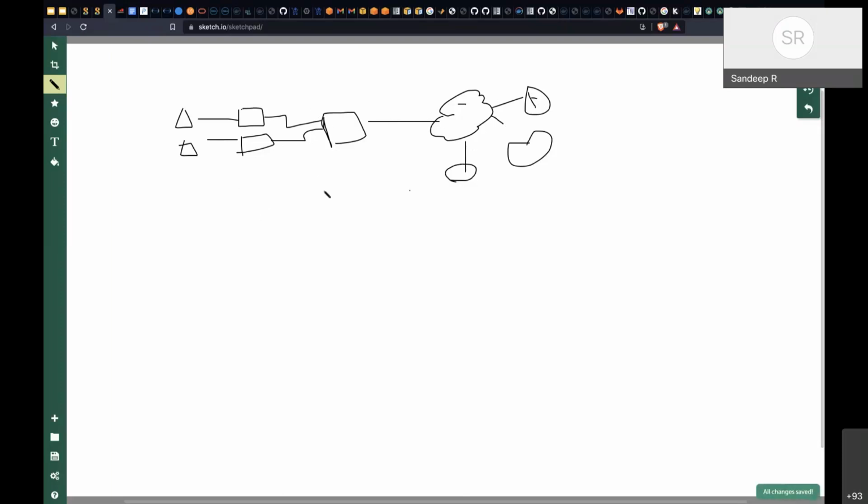Now, when we talk about firewall, we are talking about the protection of the user and the protection of the servers. So these are the servers which are running, and these are the users in the system. When we talk about firewall, we are trying to protect against any bad content, bad traffic coming from the user and going into the server, or in the reverse direction also.